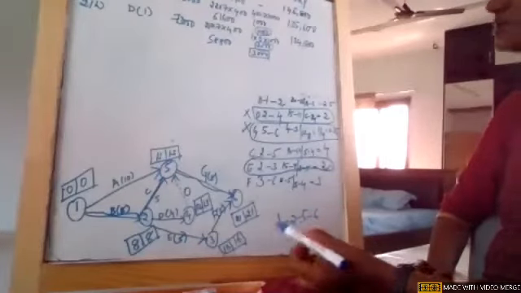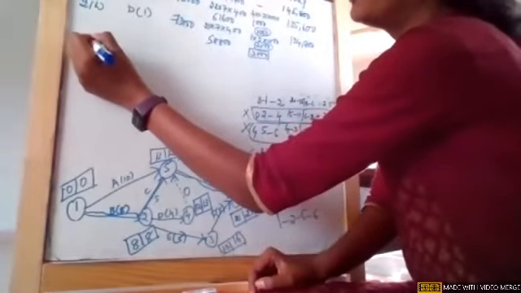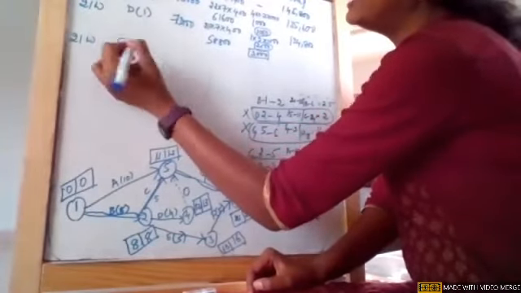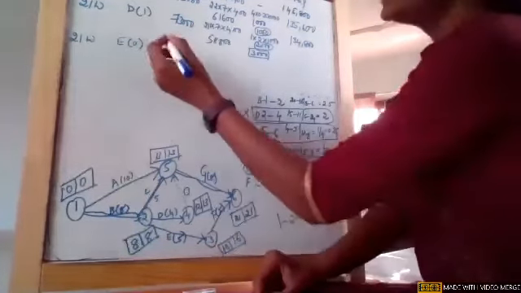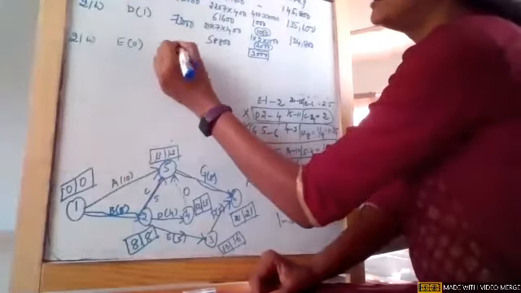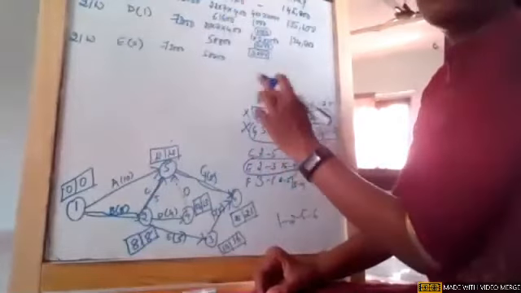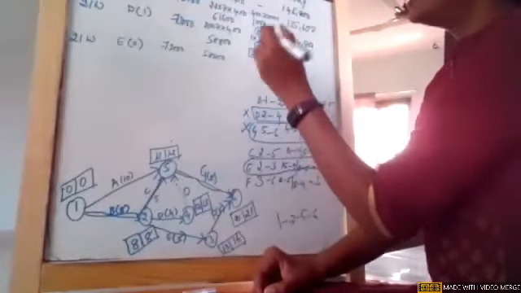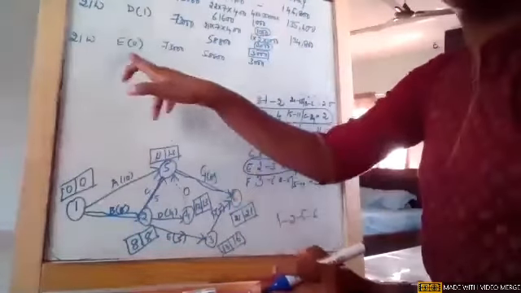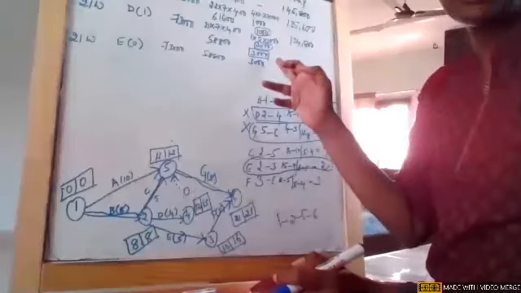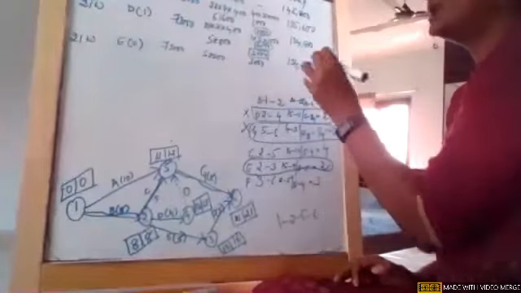Okay, so now next, what are we supposed to do? We will check the duration did not reduce. Okay, so we crashed activity E, but it didn't show any impact. It didn't reduce the time. So this cost remains same. Okay, this cost also remains same as the same duration for 58,000, 21 weeks only. Now this cost also remains same, girls, because this is 0. 0 into anything is 0. So the earlier crashing cost will remain the same. So now what happened? The cost also is remaining same.